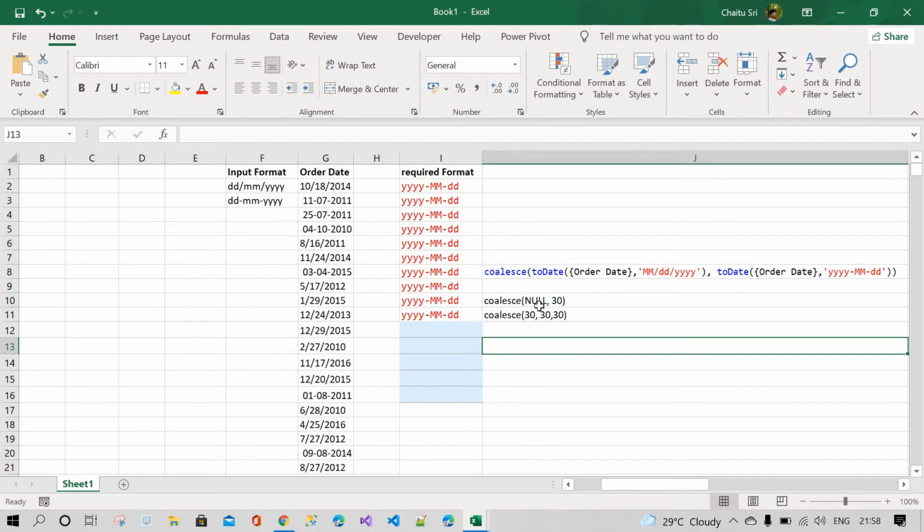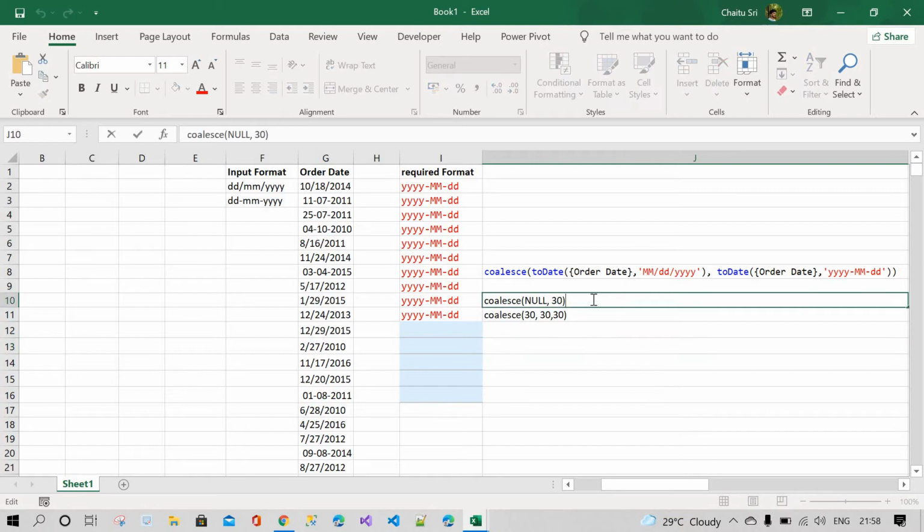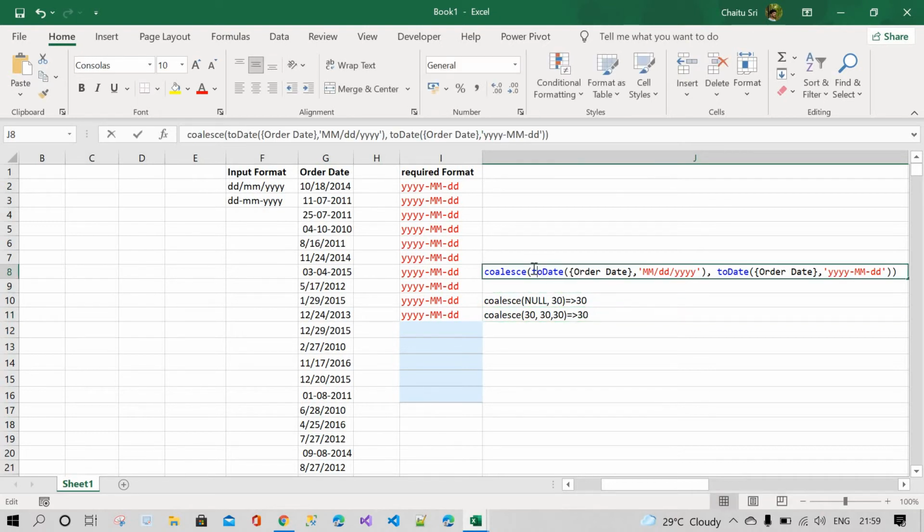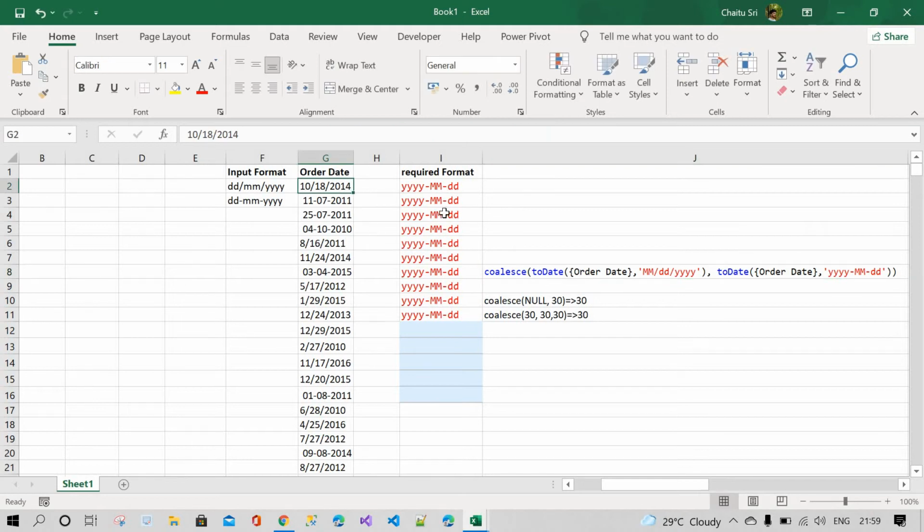For example, Coalesce of null, comma, 30 will return the value 30. If it is null, it doesn't return any value, but if it's not null, it will return this date, and it will convert it into the required format.